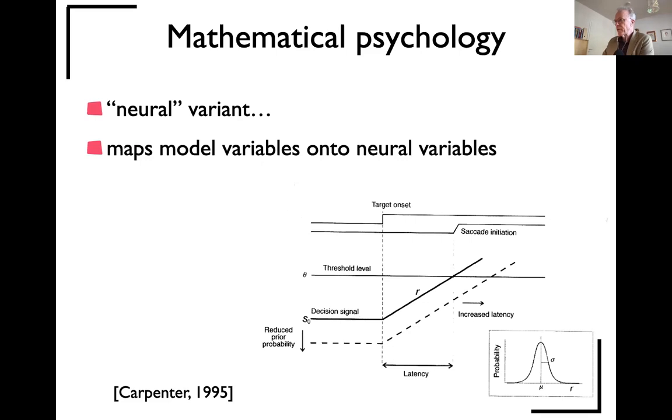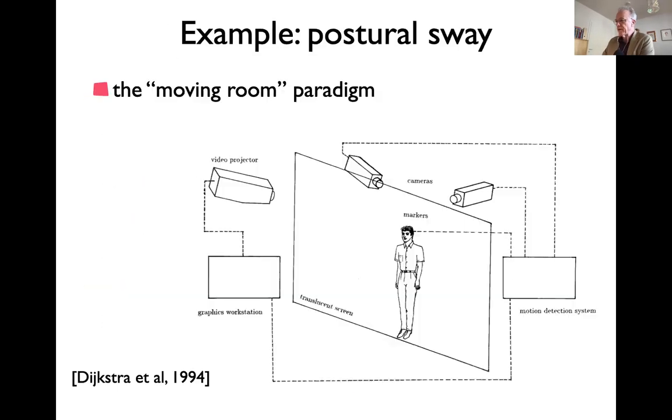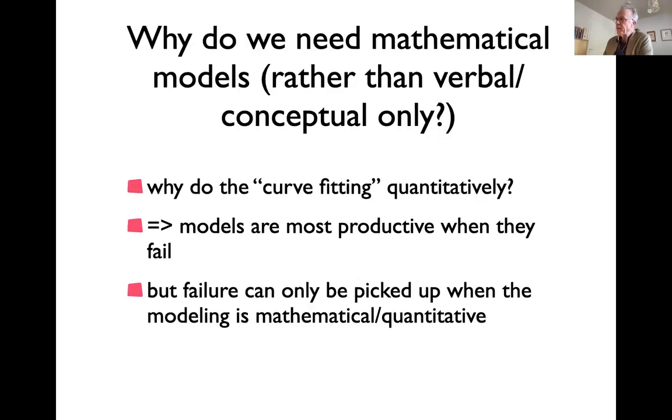I'm going to skip this example, even though it's kind of a fun example, and just go directly to a somewhat different example. And I want to make this example really to make the point why it is still useful to make these mathematical models. So other than data compression, why does it make sense to really write down a mathematical model rather than have a verbal story, for instance, or a conceptual model, drawing?